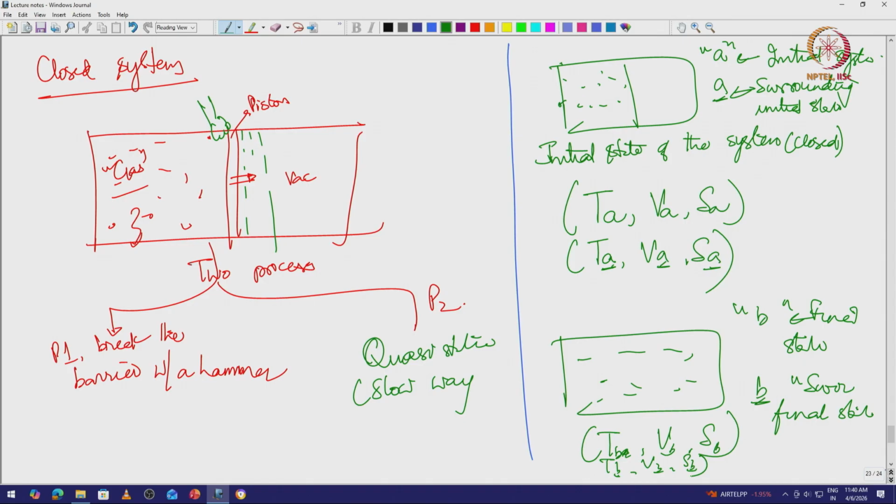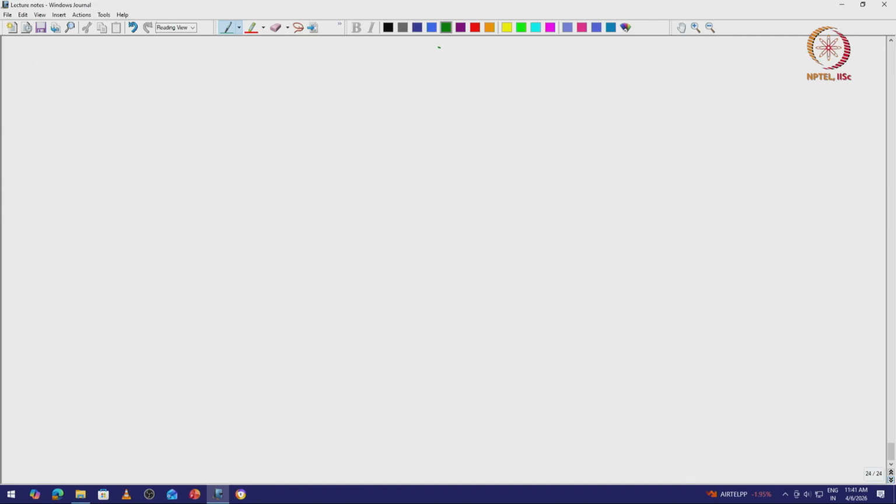Quasi static slow way, but let us say this is done isothermally, which means I am not changing the temperature. So, I am doing work, but I am not changing the temperature of this ideal gas. Let us say this is an ideal gas. Now, the question is,